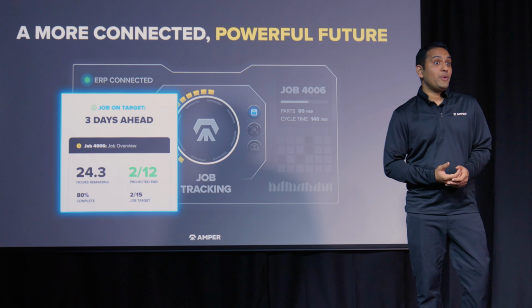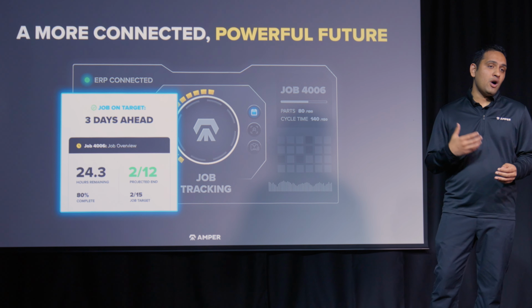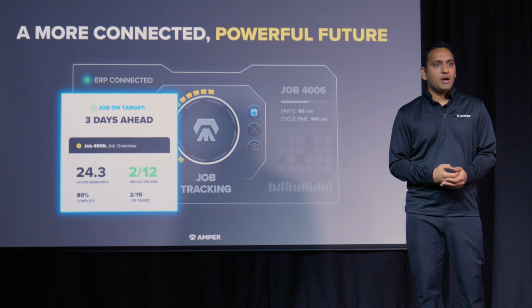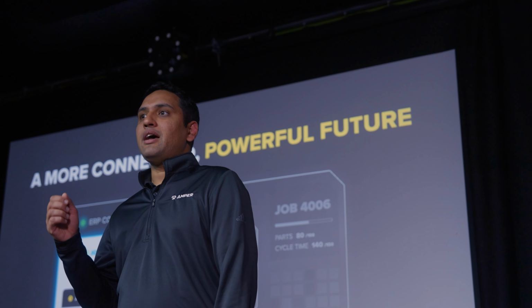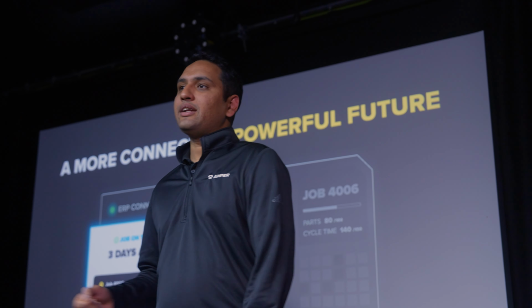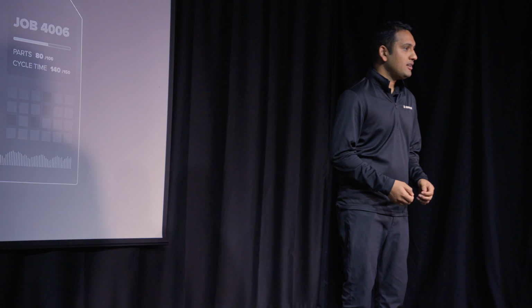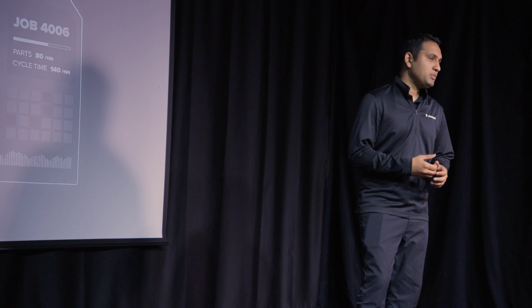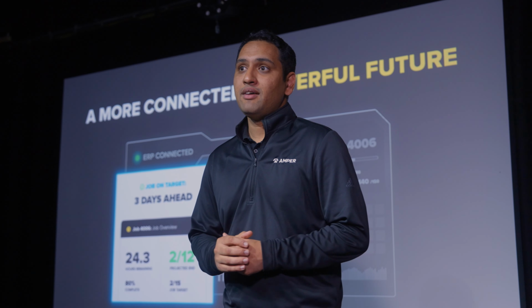We're also investing in ways to help you better manage your jobs and your schedule so you can improve your on-time delivery and also set up your jobs and schedule for success. The Amper FactoryOS enables AI-driven applications so you can get to decisions faster. We're investing in additional ways to collect shop floor data, for example, pulling more data from machine controllers. With this, we're going after the largest problems on your shop floor